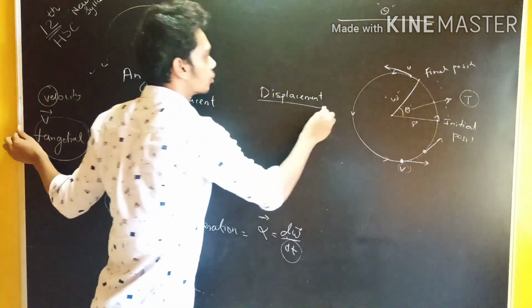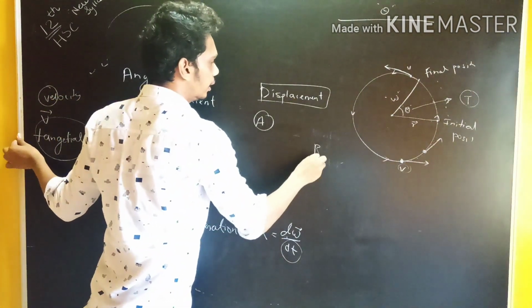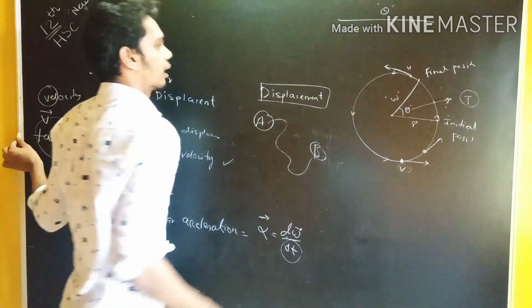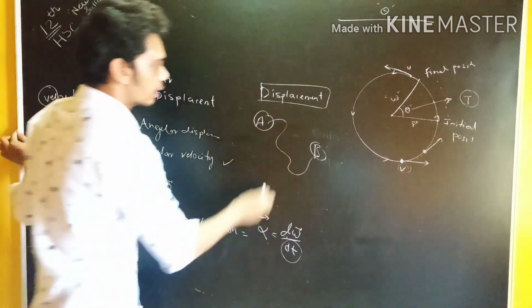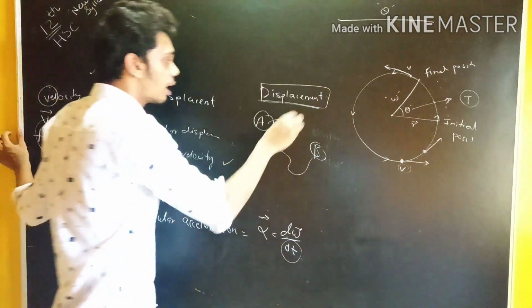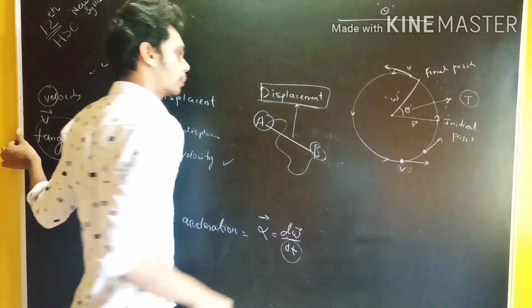When you talk about the normal displacement, it is just the distance from point A to point B. If you want to go like this or like this, it is a distance. But this is just a distance. When you talk about the displacement, that means what? A minimum distance joining point A and point B is called a proper displacement, right?